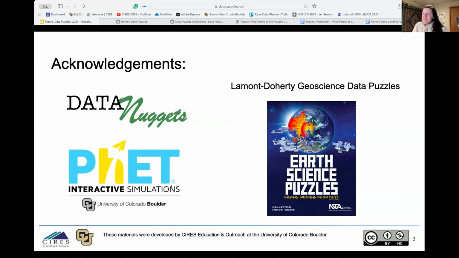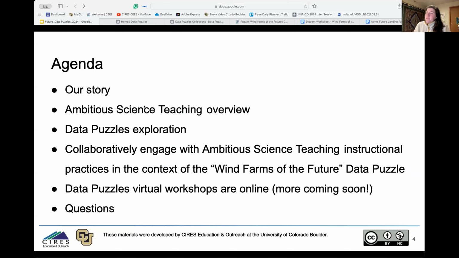And PhET simulations here at CU Boulder as well. And then the Lamont Doherty Geoscience Data Puzzles have a similar name, and we have collaborated with them in the past as well.